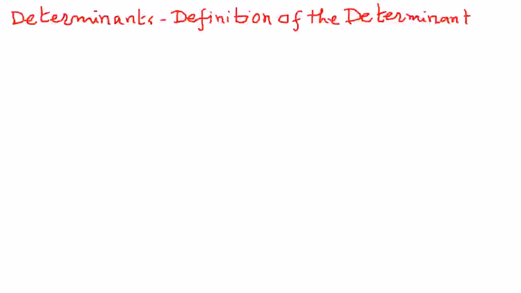Welcome to my presentation. In this presentation, let us see how we can define the determinant. So let me explain that. If A is a square matrix, and if the elements of this square matrix are as follows,